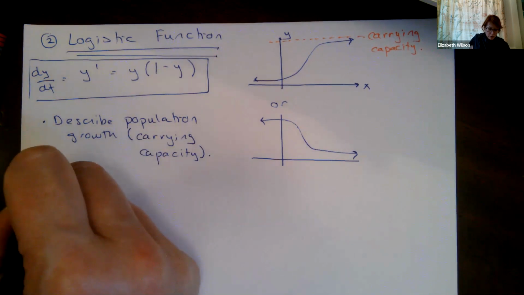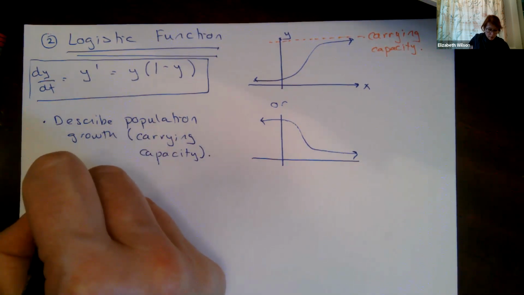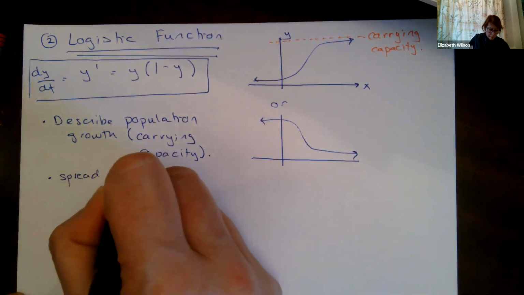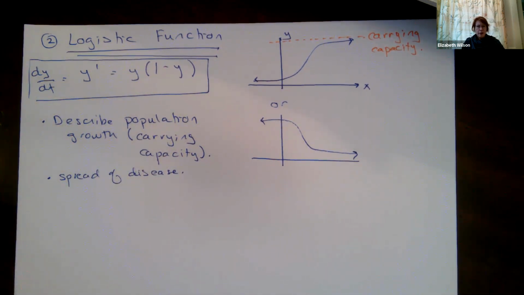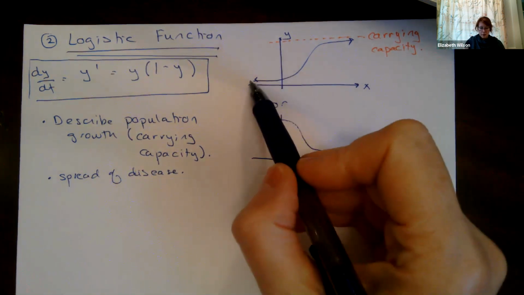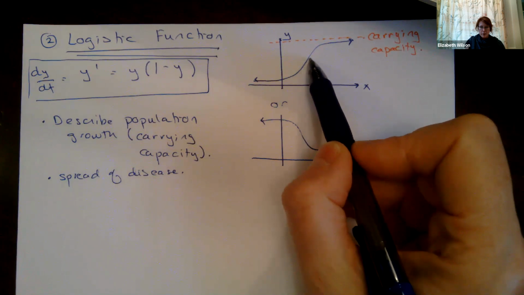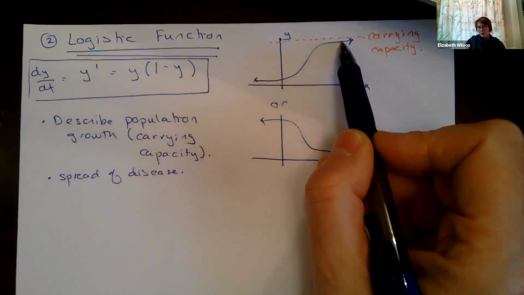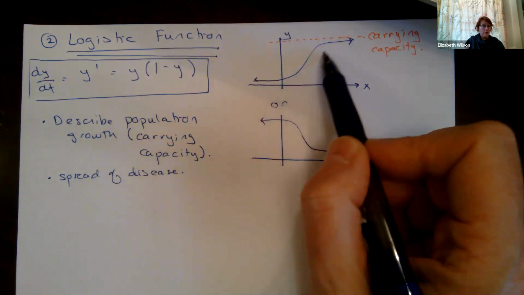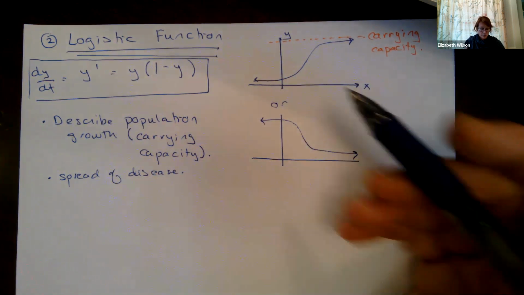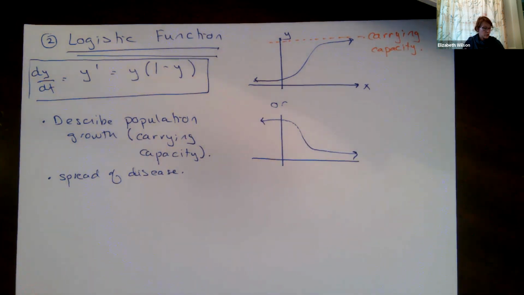Right, and we also use this to describe spread of disease. So why is the spread of disease with a carrying capacity? Because we have a certain number of people within a given population. These people can all become infected with the disease. So we have an increase. A lot of people start getting infected, right? But then ultimately everybody's infected who's going to get infected, and so we can't infect anybody else. So the disease levels out, because it can't infect anyone else. So it's a spread of disease model. We use logistic in order to do that.